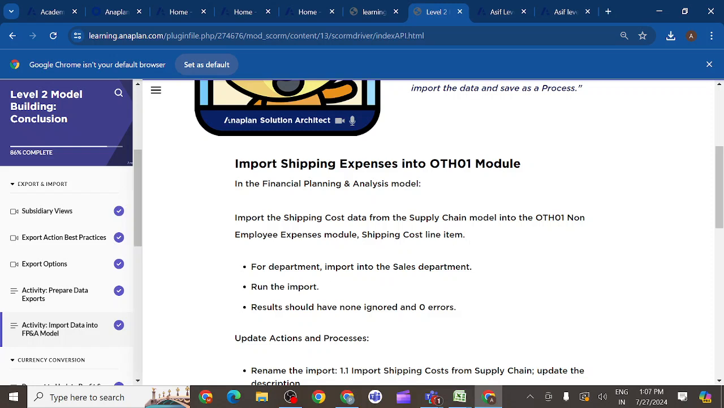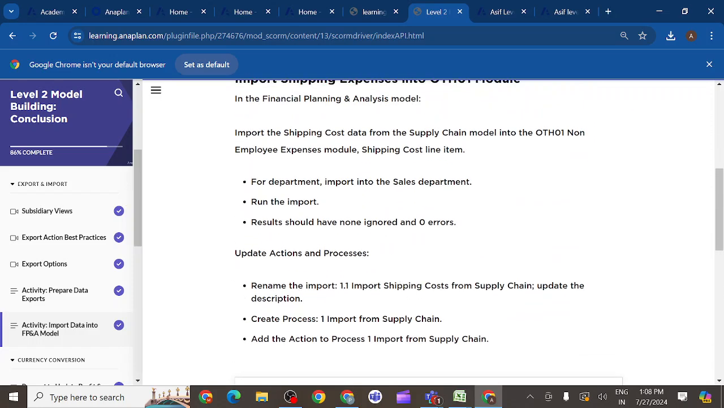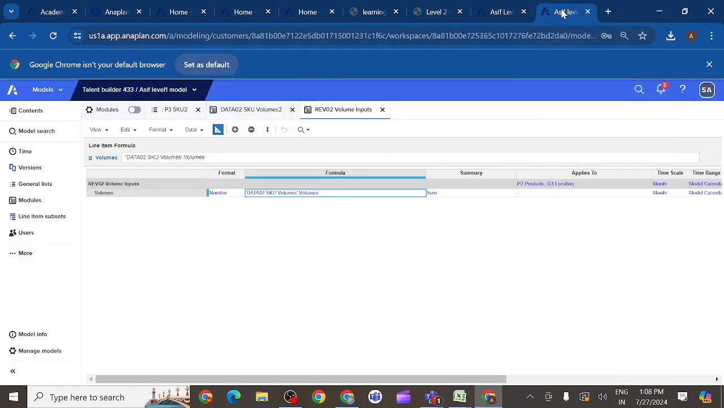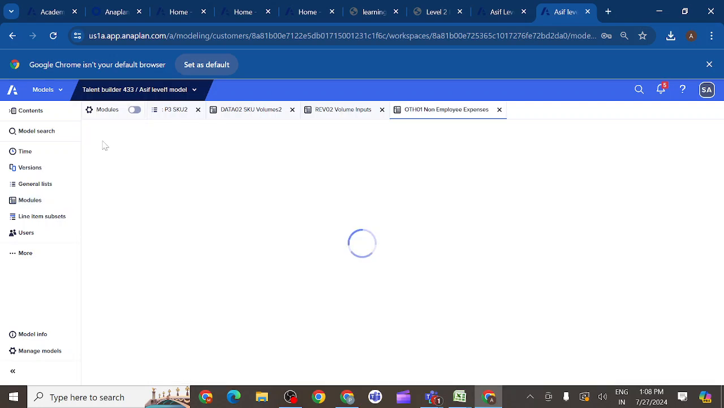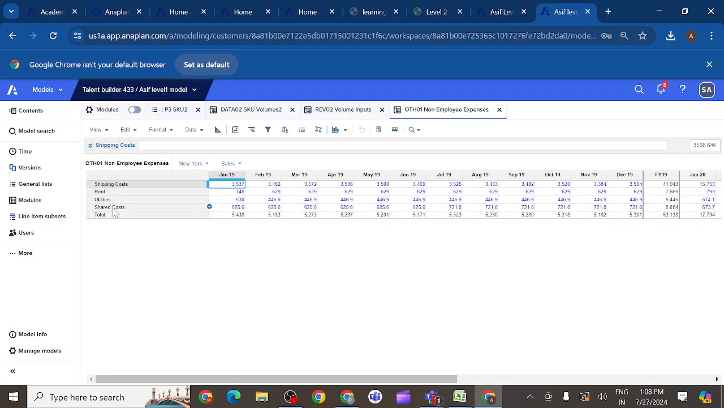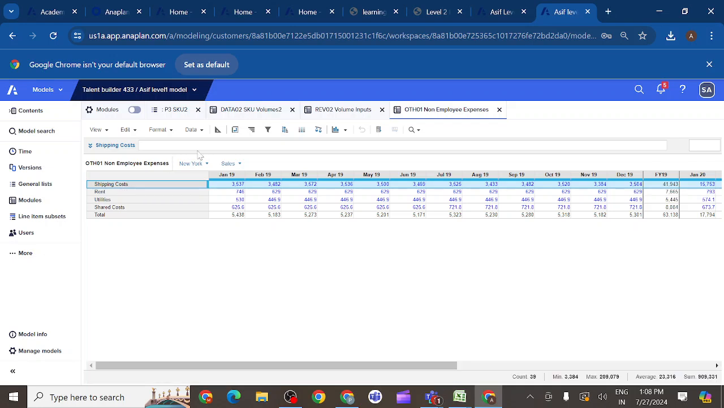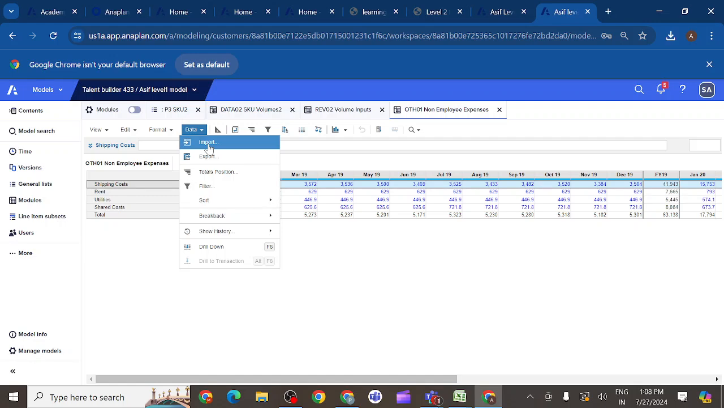For department, import into sales department, run import, and the result should have none ignored and 0 errors. So we'll do this one. First of all we should go to the level 1 model, and what is our step? Other than non-employee expenses. Where do I have other than non-employee expenses? This is my other than non-employee expenses. Where should I import? In shipping cost, wherever I have this line item, I should import the data we have there. Click on import,